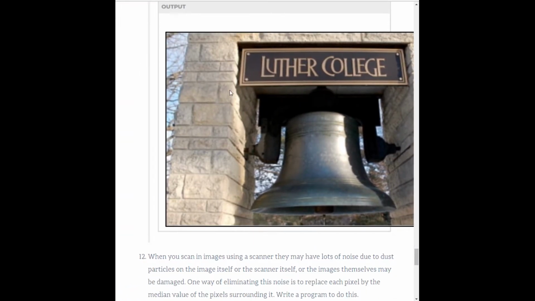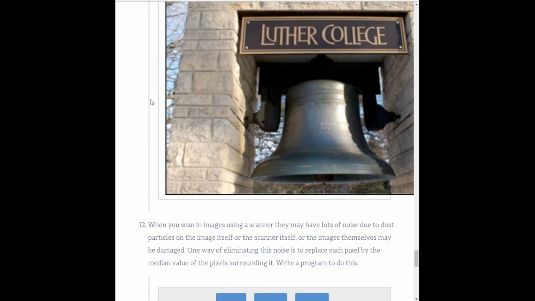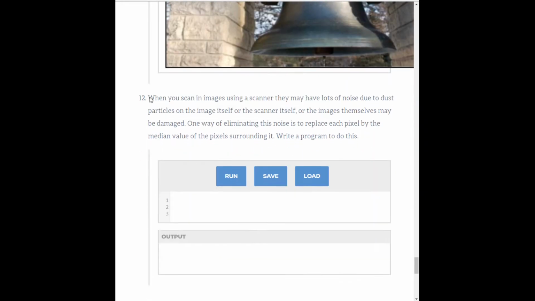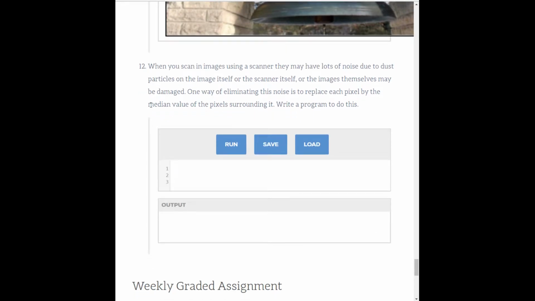So not the same kind of resizing technique that you would get in modern image editing software, but as a basic resize smooth, this works. Now for exercise 12 here, the actual function that you would write in order to do what it's asking,